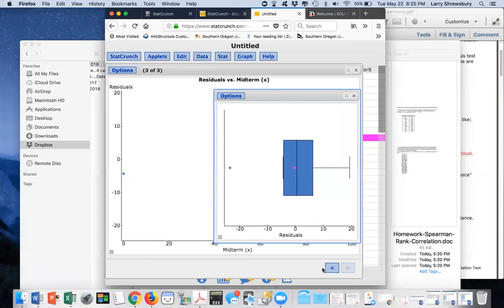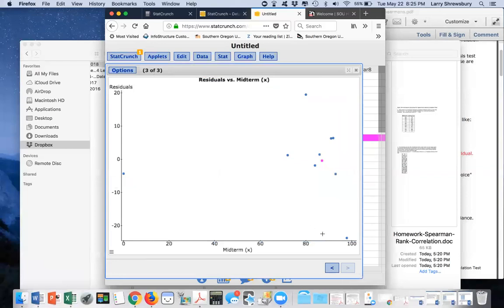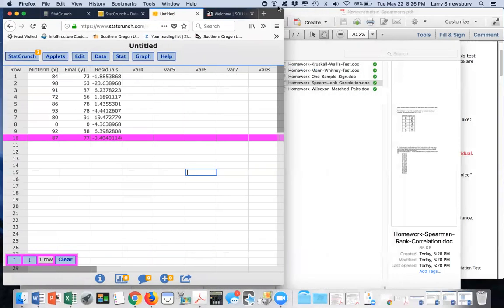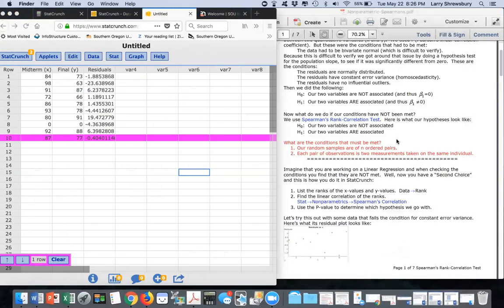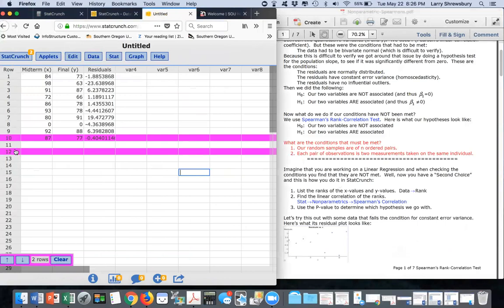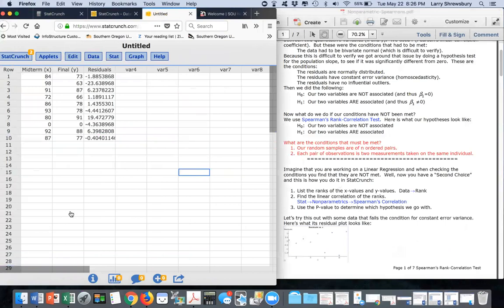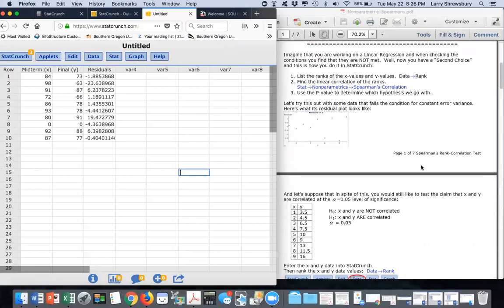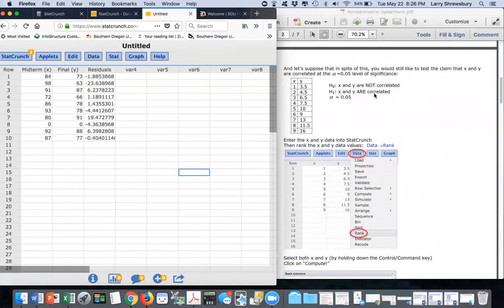We're going to have to use this second choice, the Spearman rank correlation coefficient. Now, of course, you could be copying and pasting those into your homework, documenting all of that. And what we're going to do, let's scoot this on over, and let's see what they say to do. I can uncheck it. It looked a little weird having those in there. All right, so before we do the Spearman rank correlation, here are our hypotheses. The null is that X and Y are not correlated, no correlation. Now, first thing, it's a two-step. First thing, we're going to actually